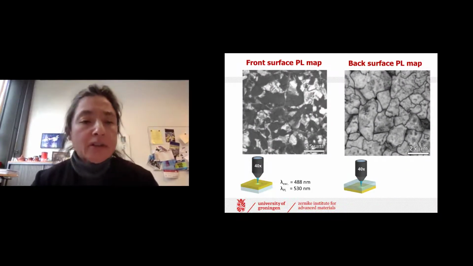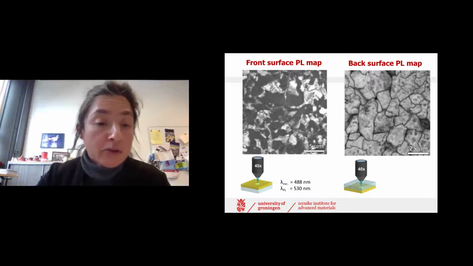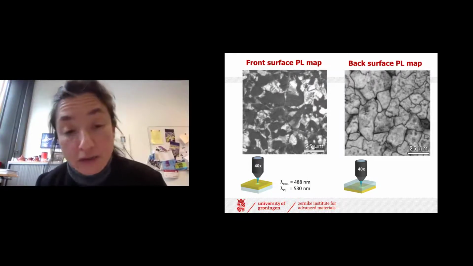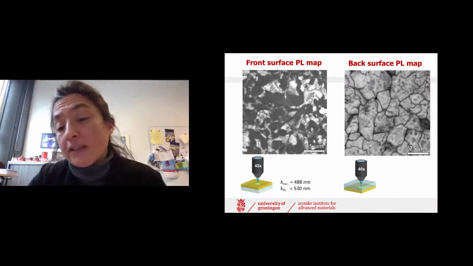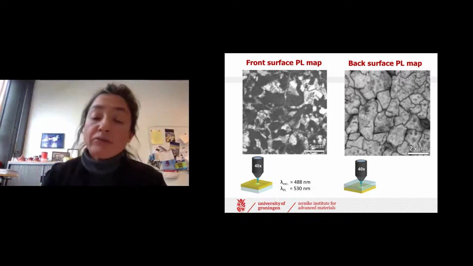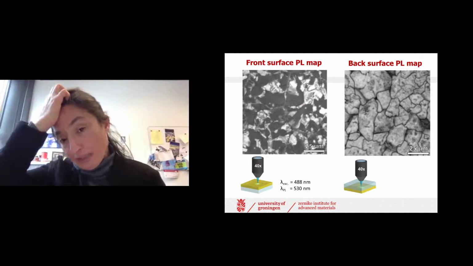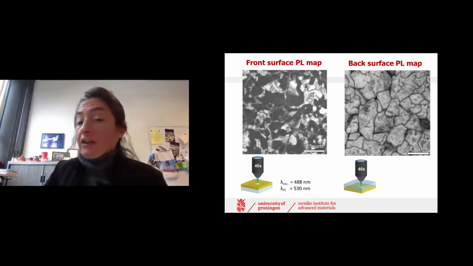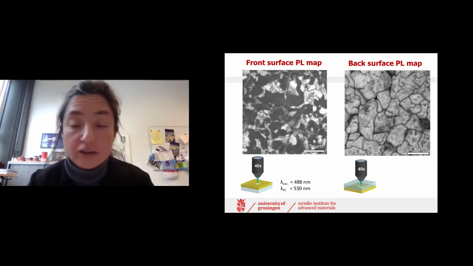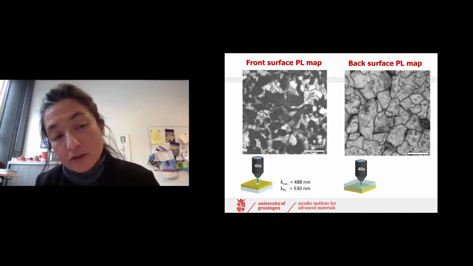So what we did here was the same laser scanning confocal photoluminescence map. This image, which you have now seen several times, is the top, the front surface of the film. And this one instead is the buried surface of the film, the one in contact with the glass substrate. We selected a very thin glass, and we succeeded in imaging our back surface as well. What is interesting is that on our back surface, while we can easily see the grain boundaries and some little inhomogeneities due to the crystallization,